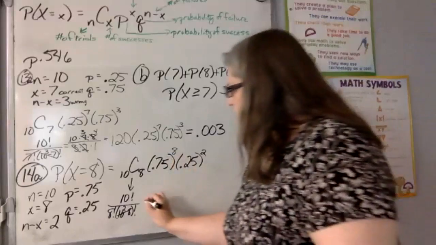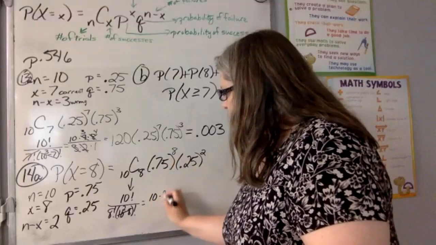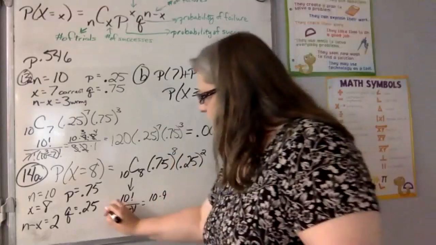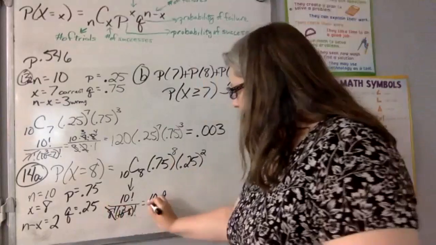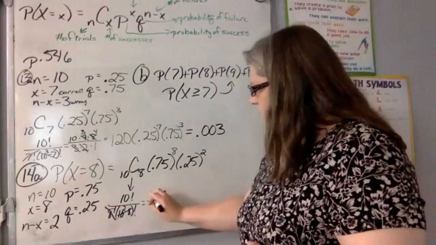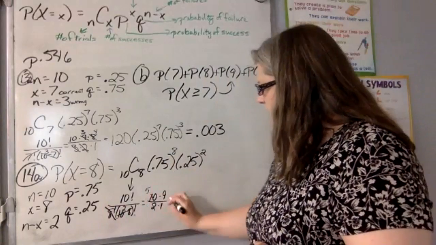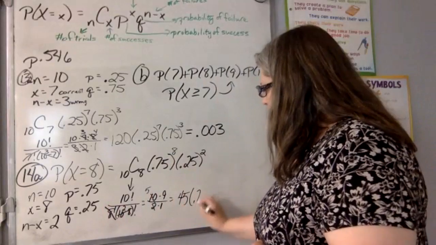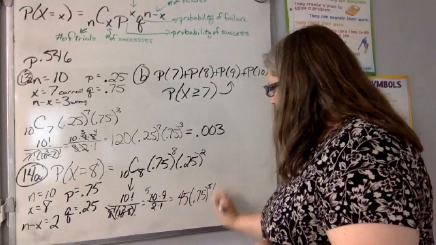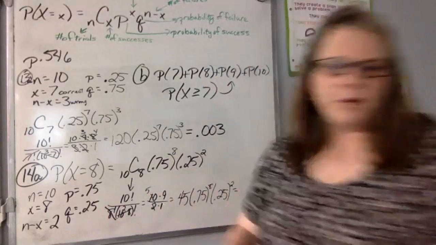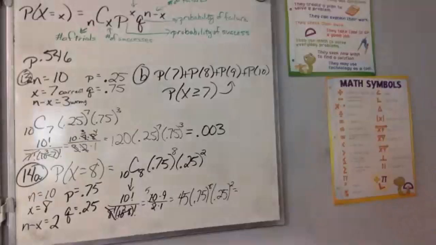On the top, that's 10 times 9, because the 8, 7, 6, 5, 4, 3, 2, 1 cancels out with that. And on the bottom, I just have 2 times 1. So 2 goes into 10 5 times. 5 times 9 is 45, so I have 45 times 0.75 to the 8th power times 0.25 to the 2nd power. So you just type all those numbers in your calculator